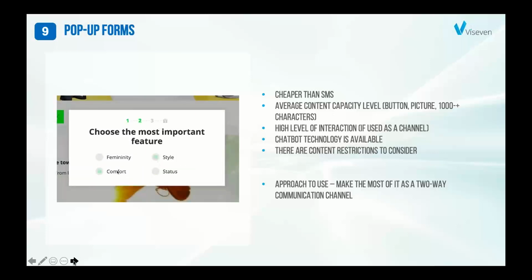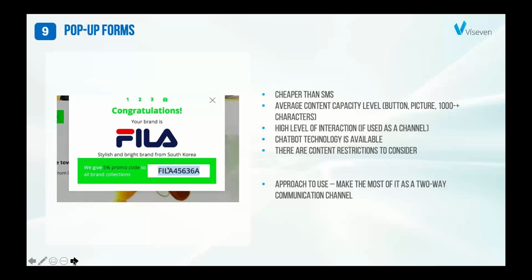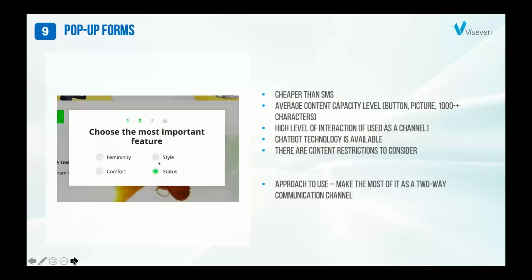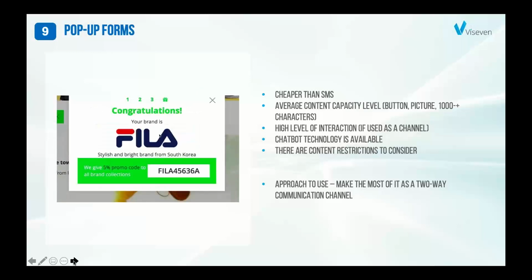Of course, include all the legal part, that he should put a checkbox that he's given us the permission to use this information. But when we're speaking about web portals and different kinds of landing pages, it's also a pretty good channel to use in combination with the web portals. So we really encourage you to use it.